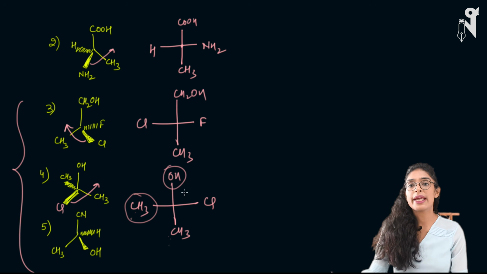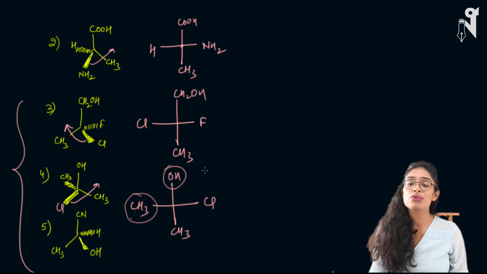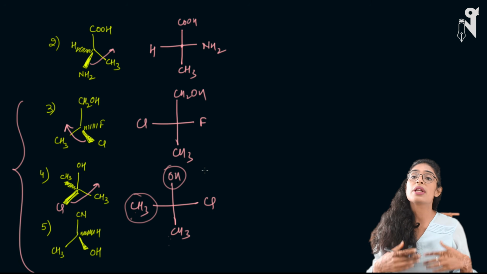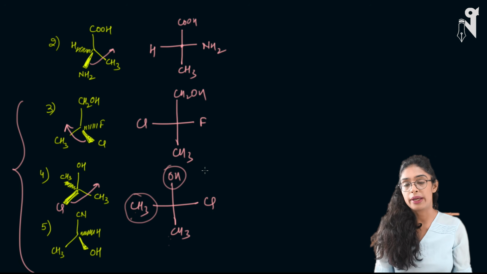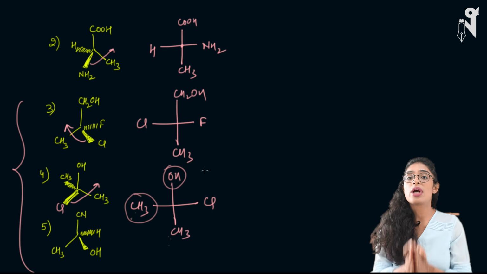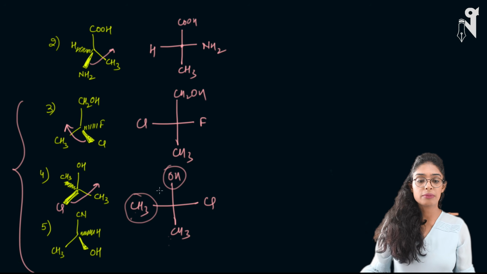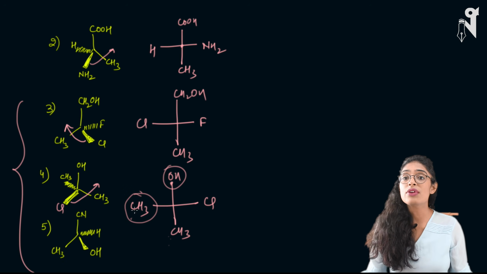So there is one more rule associated with the Fisher projection. It's not a mandatory rule, but if you want to form the ideal Fisher projection, you will have to try placing as many carbons as possible on the vertical line. But I can see the CH3 is a possible carbon which can be on the vertical line, but it is on the horizontal line. So what can we do to place it?